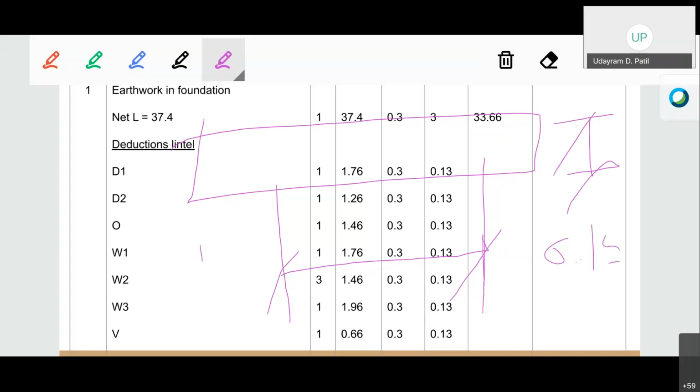Therefore, the offset is again going to be 0.13 on both sides. Therefore, the total length for the D1 will be 1 plus 0.13 plus 0.13. Okay,